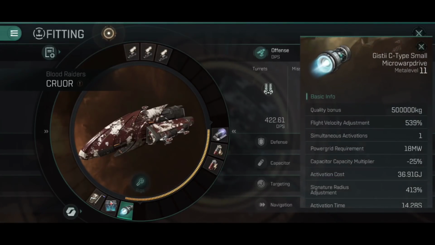As I said, I've gone for a micro warp drive here, a Gistii C-type small micro warp drive. The main reason for this is, as I mentioned, the Cruor is a fairly slow ship. It has no specific bonuses to afterburner, it has no specific bonuses to micro warp drive, and as far as its flight velocity goes, it is one of the slower faction frigates. This means if you jump into a combat anomaly, you need to be able to close that gap very quickly, or they can just flee, or if they're something like a Daredevil, they have ways of keeping you at range